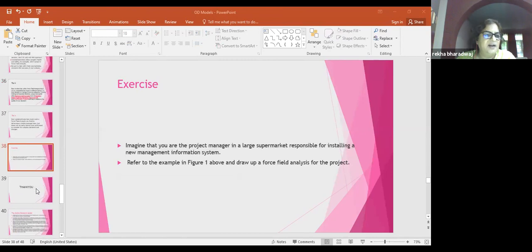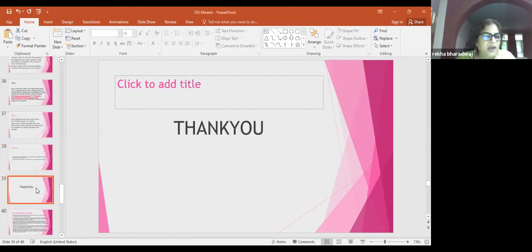And what we studied today was Kurt Lewin's model of change, and all the steps and processes which are involved. So, if anyone wants to add anything,